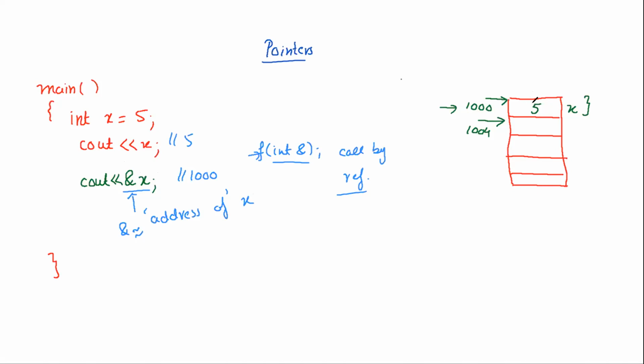One important thing is that if you execute this program multiple times, every time you will see a different address, which is very much okay. Why is it okay? Because every time your program executes, it cannot guarantee that it will always allocate exactly the same 4 bytes of memory. Maybe another time this location is reserved, or some other location is reserved. So every time you run it, this will be a different value, but it will be an address.